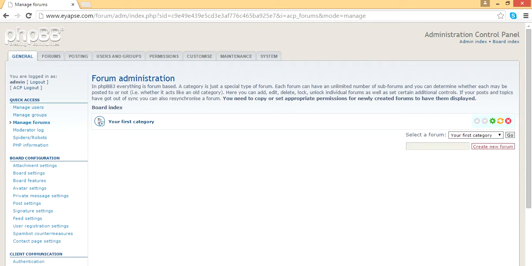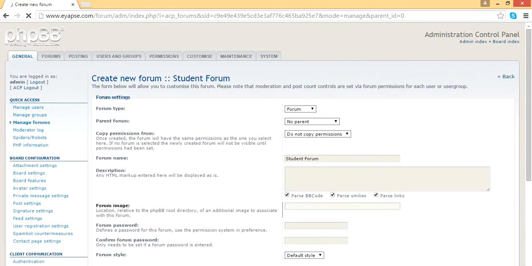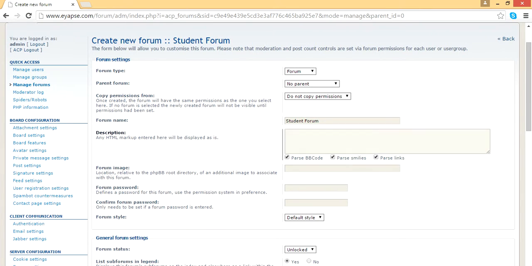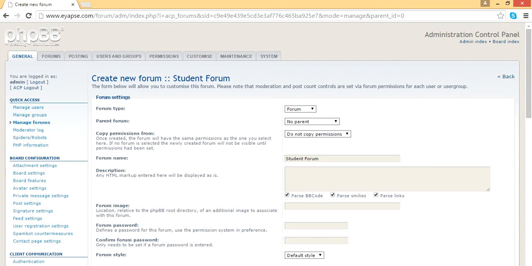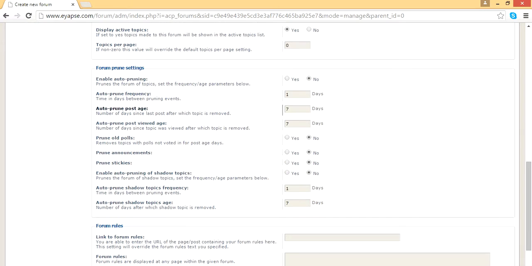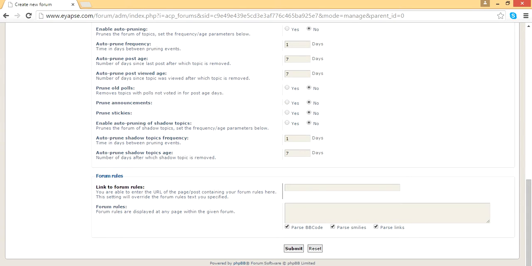and further I will click, like suppose I type student forum, and I click create new forum. Okay, so it is asking me further options, whether I want it to be a parent forum, or I want it to be a child forum. So I keep it as a parent forum, and then it further asks me other options, which if you want, you can fill those, or you can just type the simple